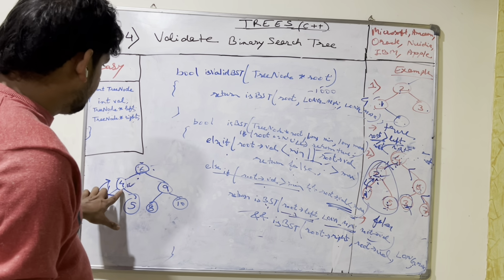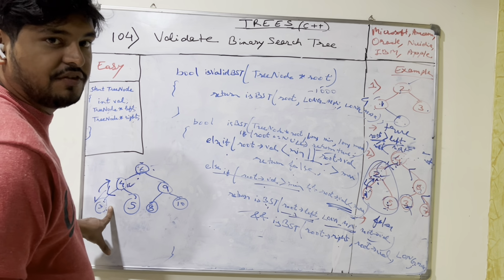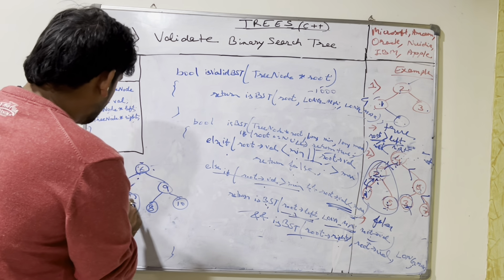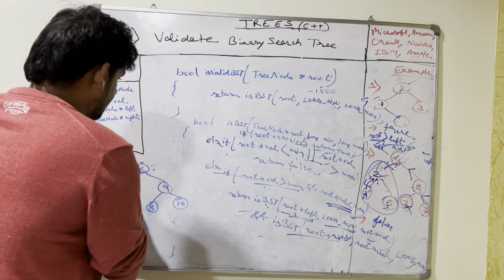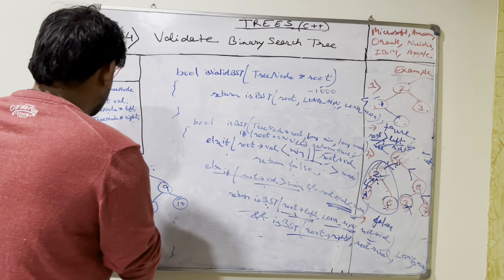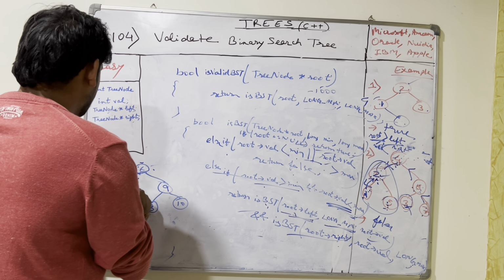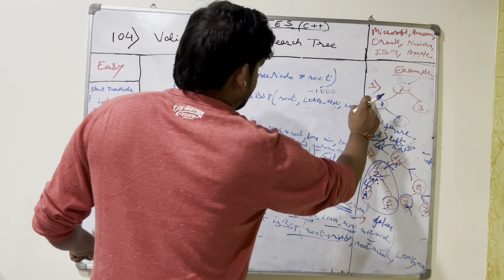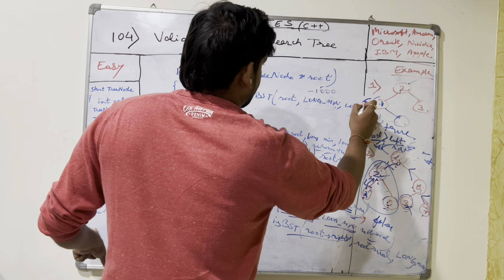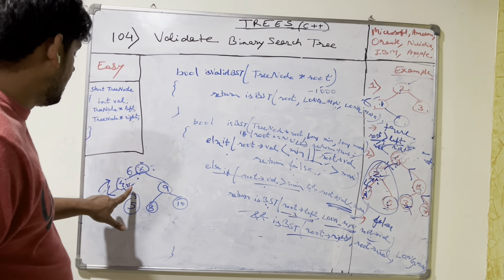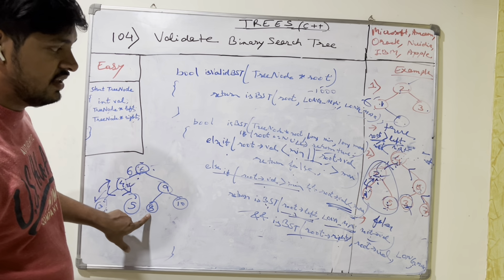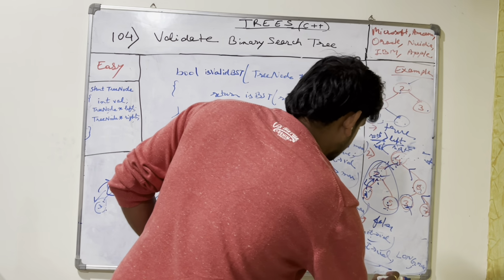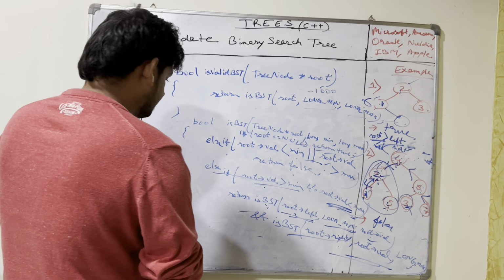Okay, now for 4 we have gone to the left, but we didn't go to its right. When we go to its right, at this point the max value was 6. For 4, the max value was 6 and the minimum value was minus 1000. But we are going to its right, this part. So for this part we see that